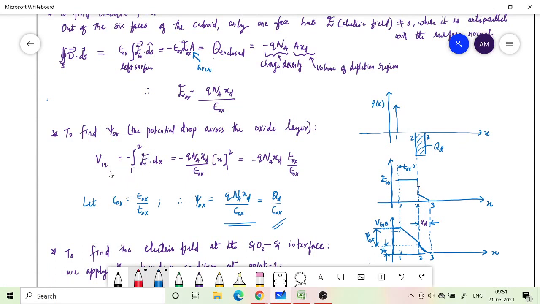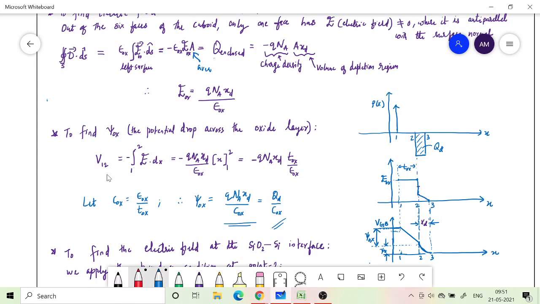Basically, what is voltage? By definition, V12 is basically the voltage at point 2 minus point 1. So the voltage between point 1 and 2 is basically the amount of work that you need to do in order to move a unit positive charge from one point to another. If the electric field is E, that is like force on a unit charge, and when you take the dot product with dx, you are finding the amount of work done, and you integrate from point 1 to point 2, so that will give you the voltage at point 2 with respect to point 1.